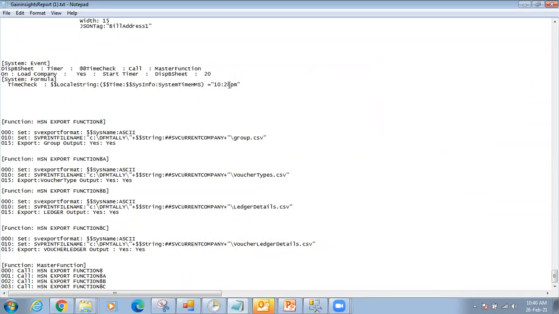So say I set up a time of 10:42 a.m. So then this entire export function will run. So from yesterday, what I've done here is I made a master function and I've called each of these reports, which will be stored in a separate folder. So for each of the companies, a separate report would be stored in the folder. Is the point clear up till now? Yes or no?